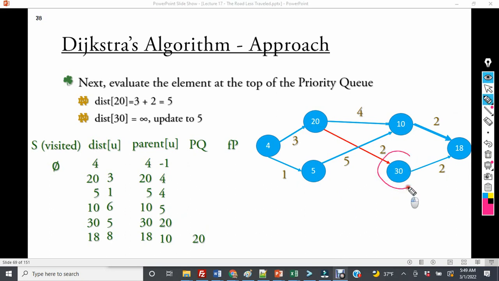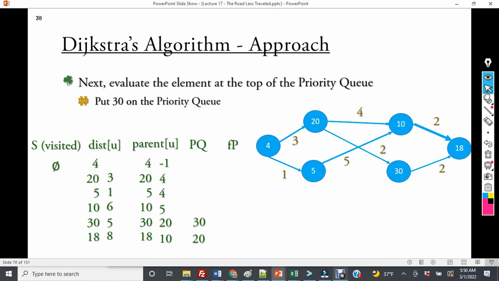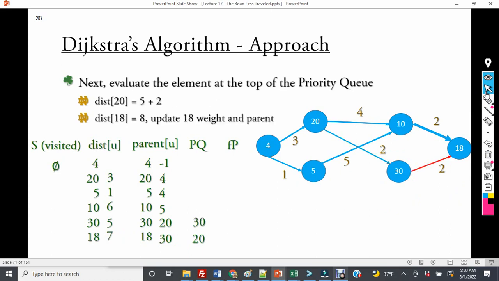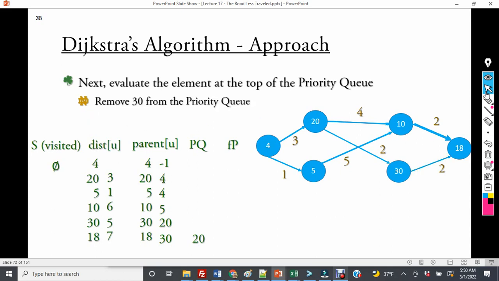So now when we evaluate 30, we have a current weight of 5 plus 2. Now we evaluate 18 again. Because we can reach it in 7, this is going to be updated from 8 to 7, and 18's parent is going to be 30. Because of this, we have now found a shorter path than we previously found. We see that's exactly what happens. So now we have evaluated all of the edges,